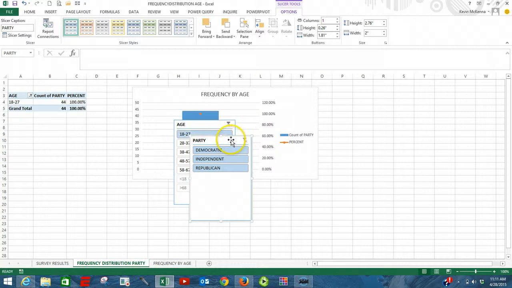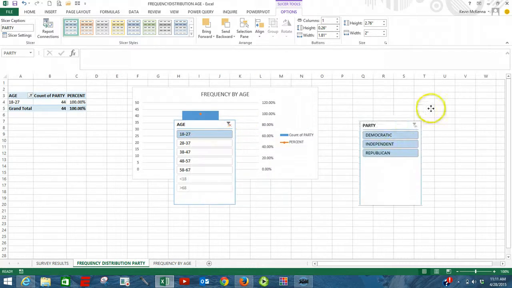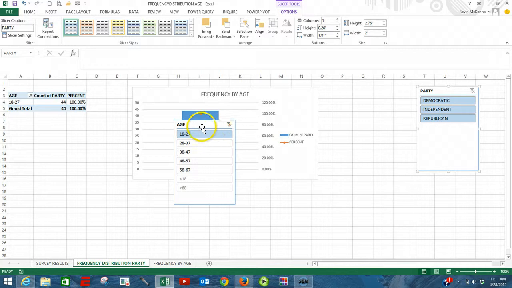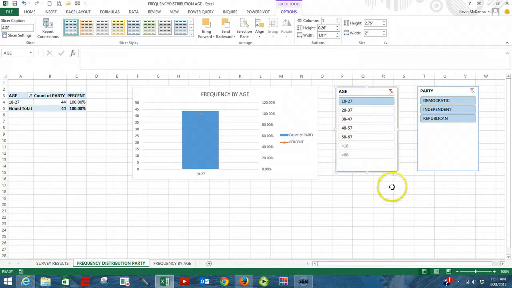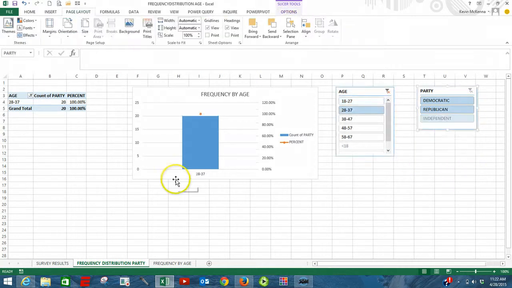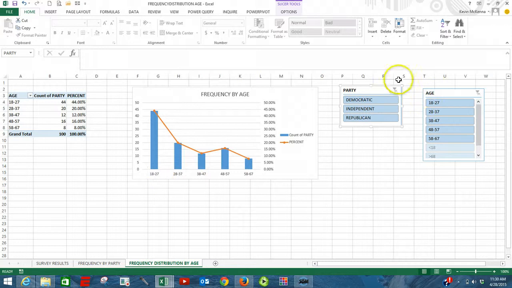We're going to move our slicers over here to the right. We now have our two slicers. We've resized our two slicers. And now to link our slicers to both pivot tables, and that's important. We want to link our slicers to both pivot tables. What we need to do is to look at each slicer